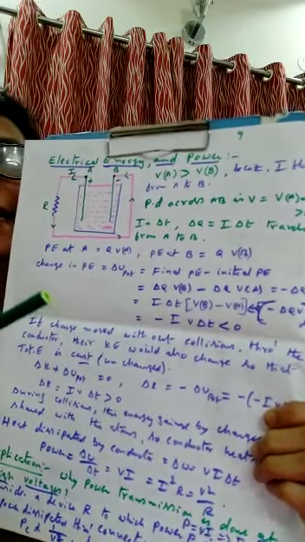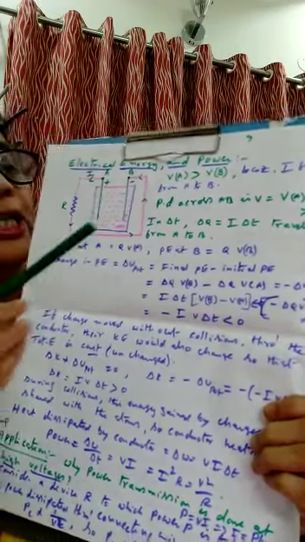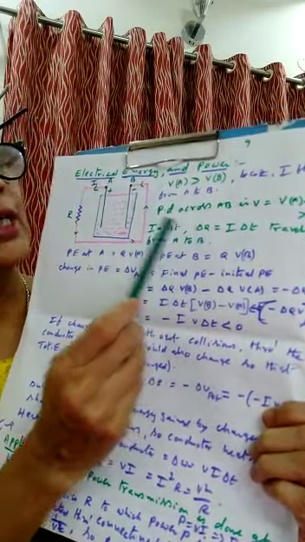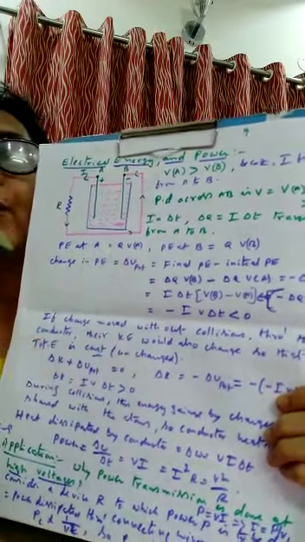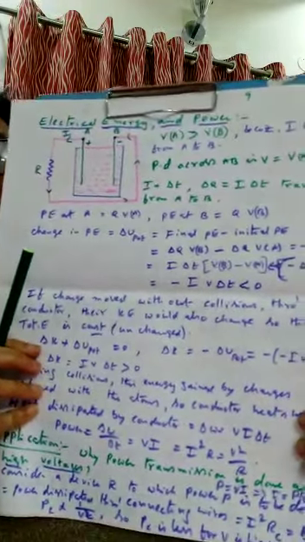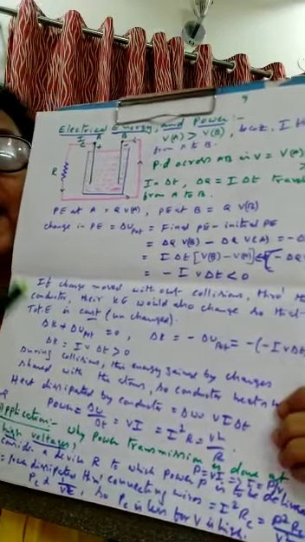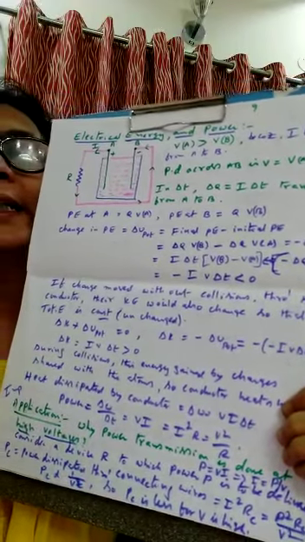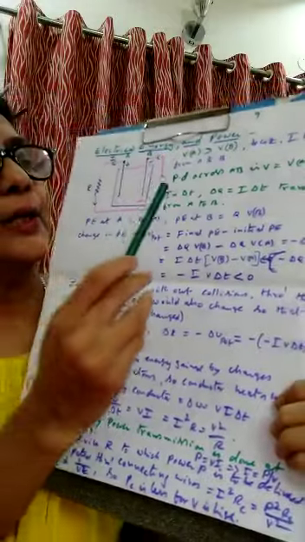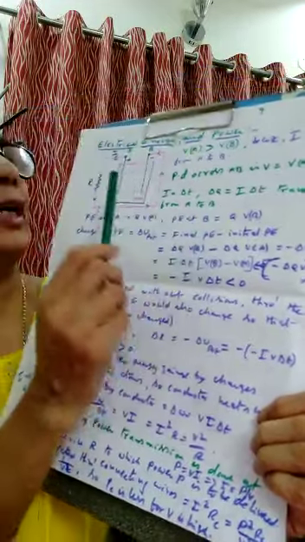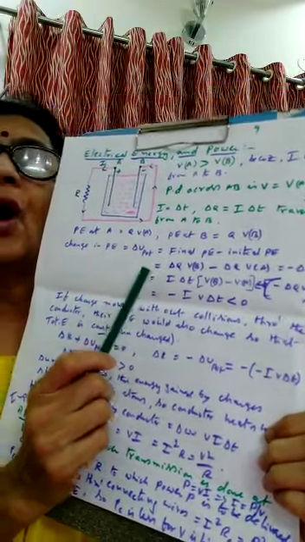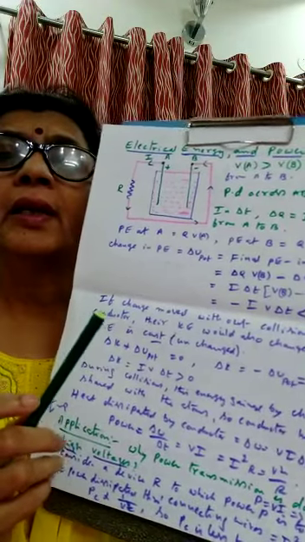Got it? At a particular instant, in delta t time, let delta q charge flow from A to B. How do we measure charge? We can't measure the charge directly, so we use an ammeter. I is the current, and delta t time we can also measure. Delta q means I into delta t flowing from A to B in delta t seconds. So how does this charge move here?